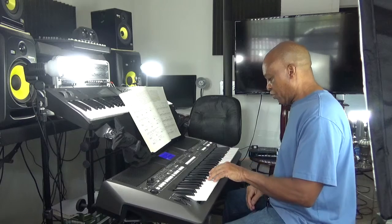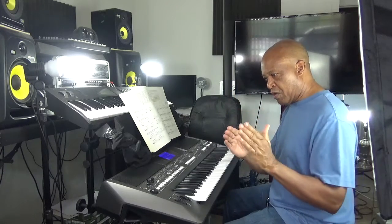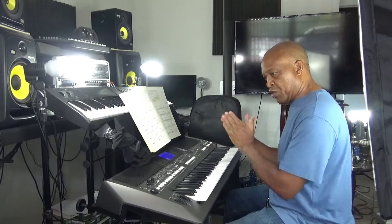So when you play that whole tone between the two tetra sections, lower and upper tetra section, you complete